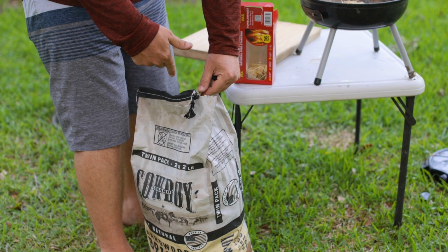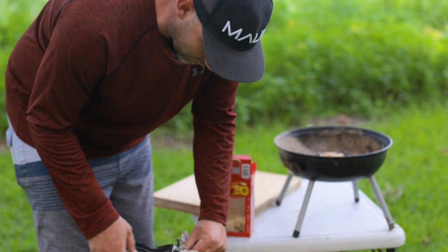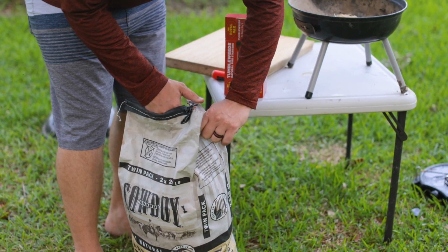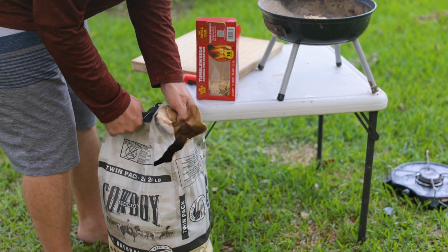Who else has problems with these bags? What is wrong with them? I can never do it either which way. If someone has a secret, go ahead and tell me. Just gonna tear it open wrong way. So,